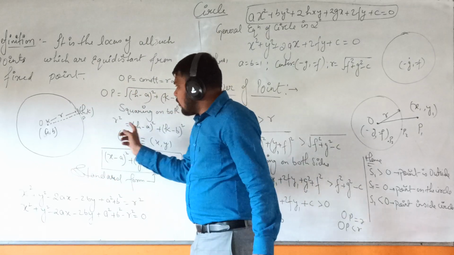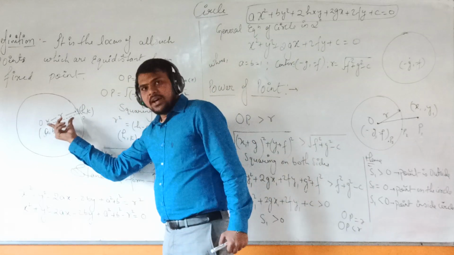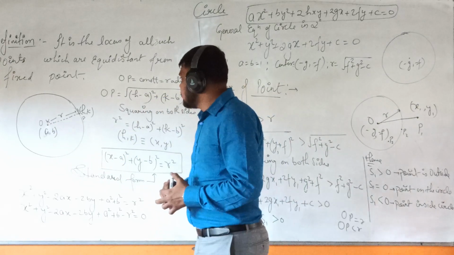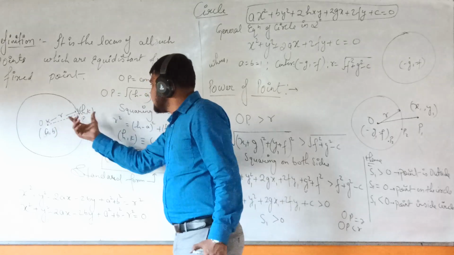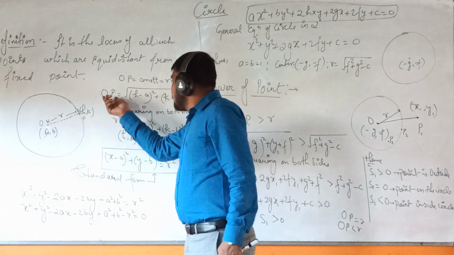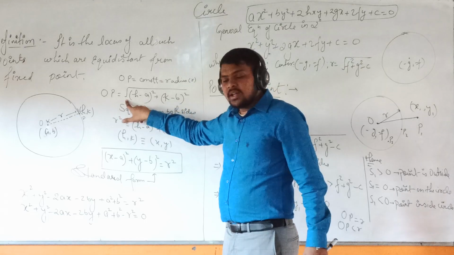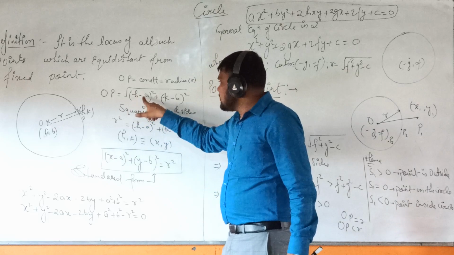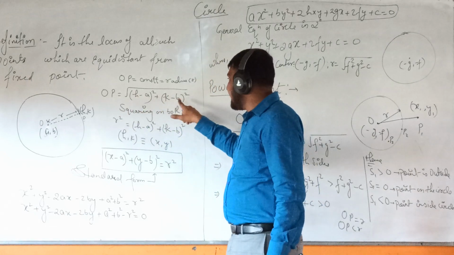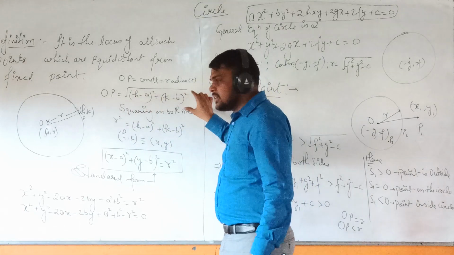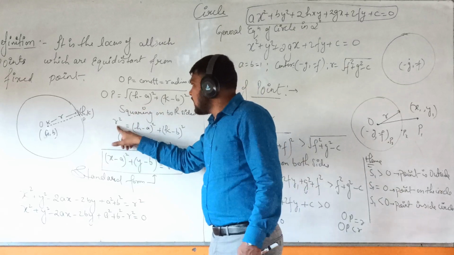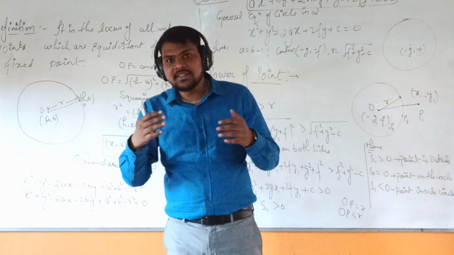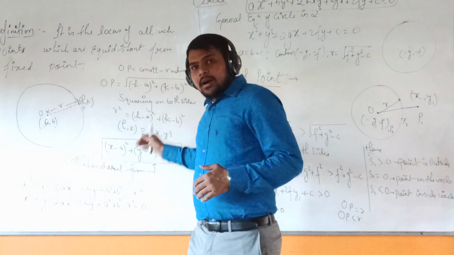So now, this fixed distance is called the radius of a circle, which you are completely aware of. So OP is constant, this is called radius. OP is equal to how much? By the distance formula, this point is A comma B, this is H comma K. So what is the distance? Square root of H minus A whole square plus K minus B whole square. Now square on both sides. OP is nothing but radius R, so substituting, R square is equal to H minus A whole square plus K minus B whole square.